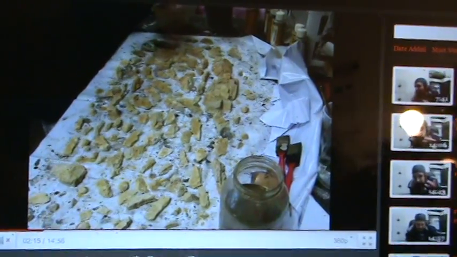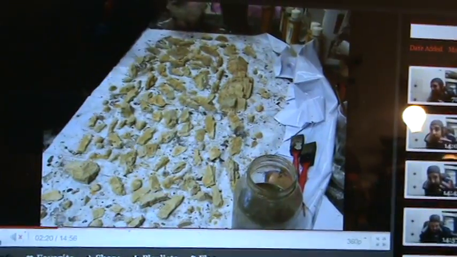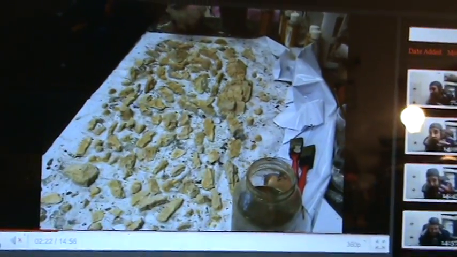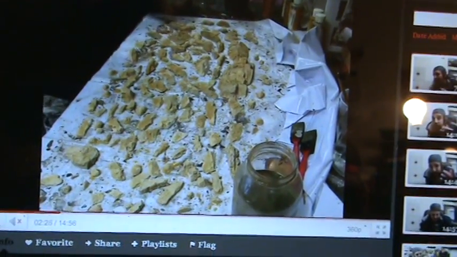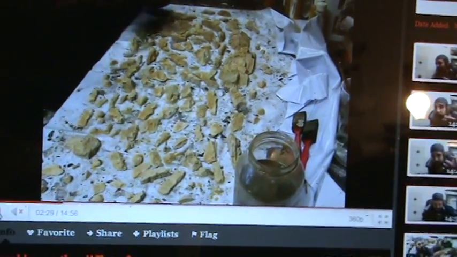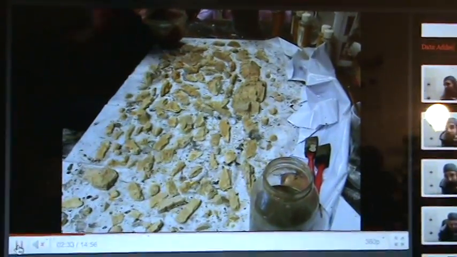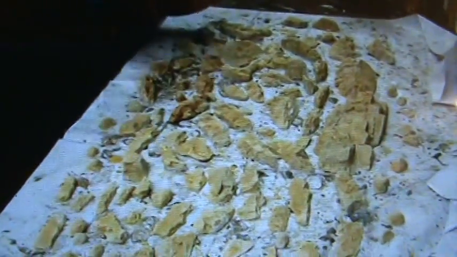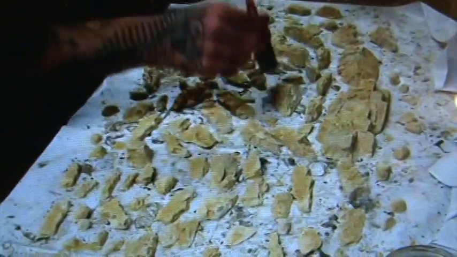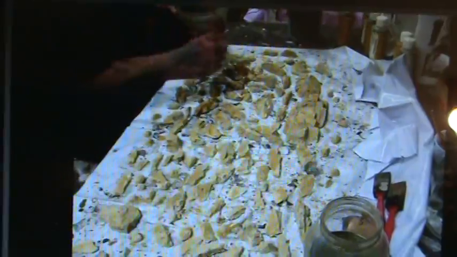You want to find as many different ways of doing things as you can, because it's going to vary your effects that much more. If you look at his working on the cliffs vid, that's what it's called, he uses like a dabbing technique. He plays some really cool background music too. So I don't know if this would qualify as a wash, but he does like a splashing technique, dabbing technique,